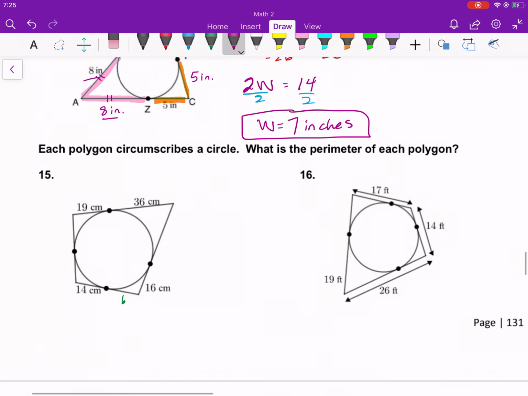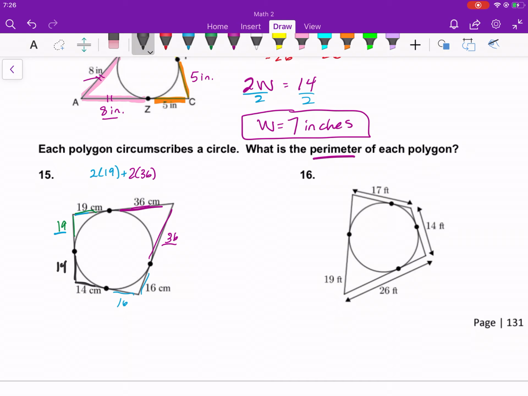So you just need to know which sides match where. So these two should be the same, so that's 19 centimeters. These two right here are the same, so they're 36. These two right here are the same, so this one's 16. And then these two should be the same, so this is 14. So to find the perimeter, you just have to add all that together. So I have 2 that are 19, so I've got 2 times 19 plus, we've got 2 sides that are 36, so 2 times 36